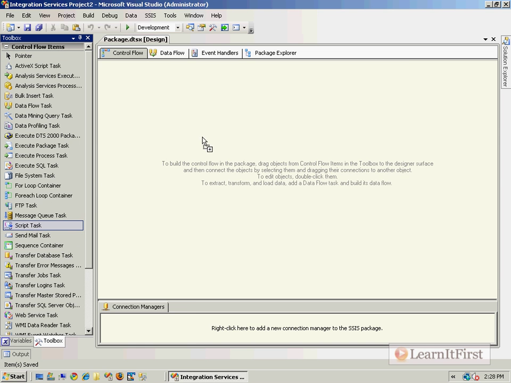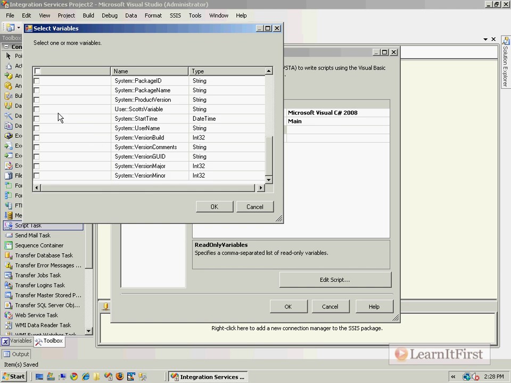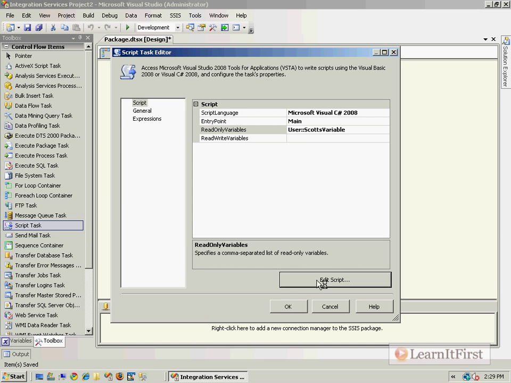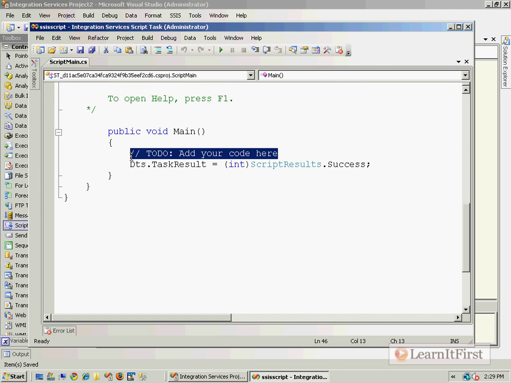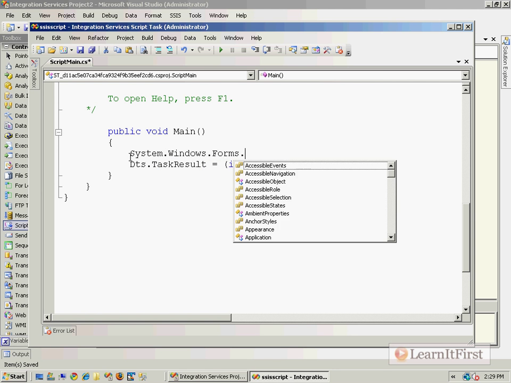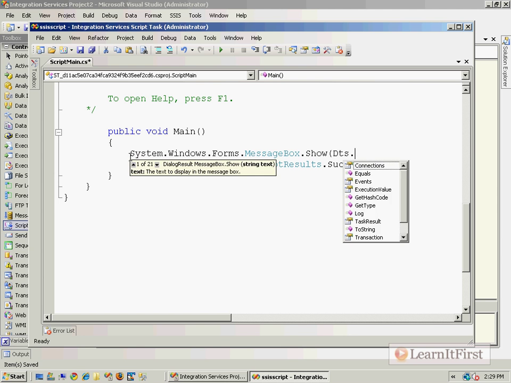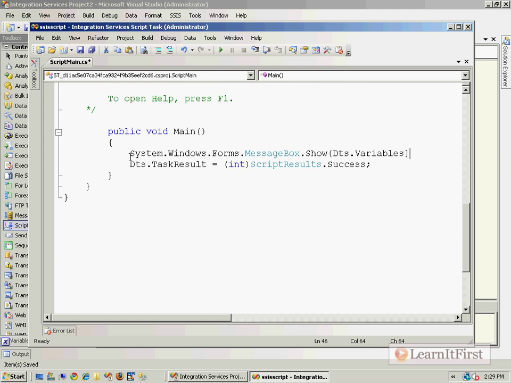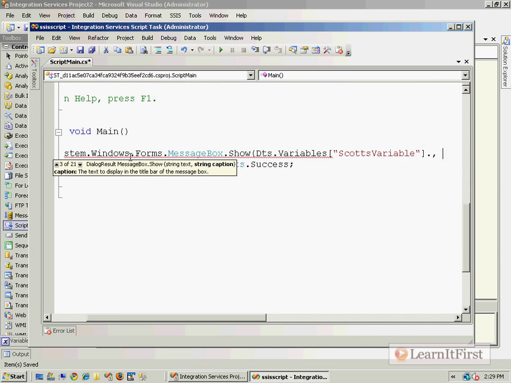I'll grab a script task, read the variable into here, and I should have chosen VB, so I'll choose VB the next time. So then I just say System.Windows.Forms.MessageBox.Show(Dts.Variables, and I'm in C#, so I keep forgetting to use my indexer, so I named it Scott's variable, I think, and .Value